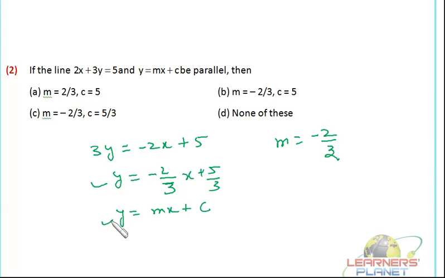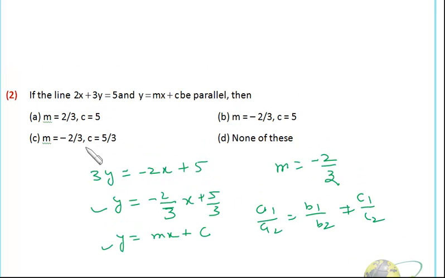Now we have this line, we have this line, right? y is equal to minus 2 by 3 x plus 5 by 3, this is this line, and y is equal to mx plus c, this is this line. We have already found slope. Now these two lines are parallel, we have to find out the value of c. Now again, in your junior classes you might have learned that a1 by a2 is equal to b1 by b2 but not equal to c1 by c2, right? That means c should not be equal to 5 by 3, right? Then only the lines will be parallel, otherwise they will coincide. Okay,